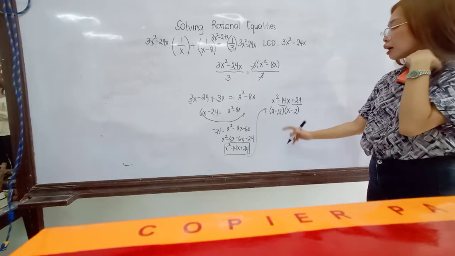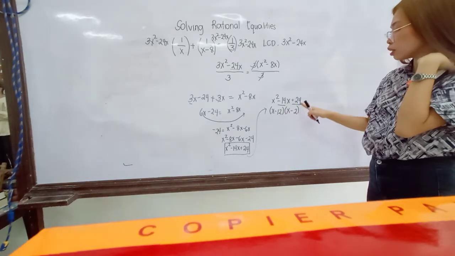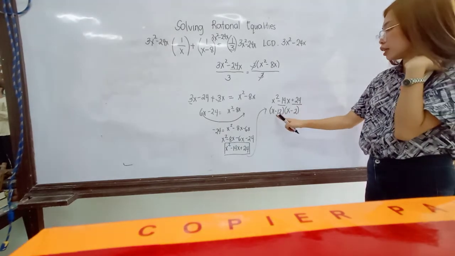Okay, so going back, negative 12 times negative 2, that is positive 24. And then negative 12